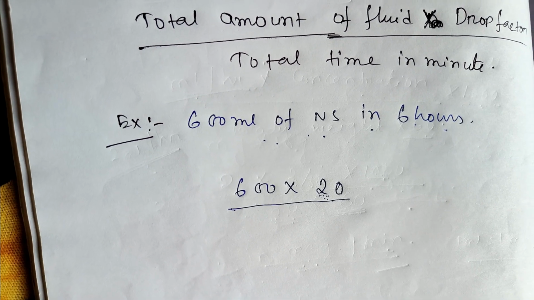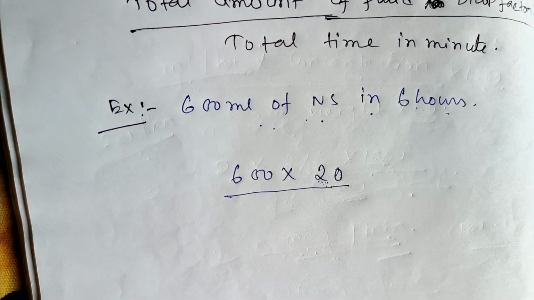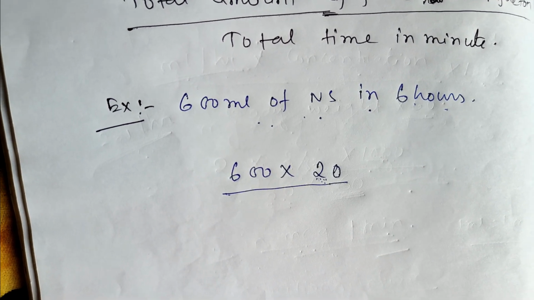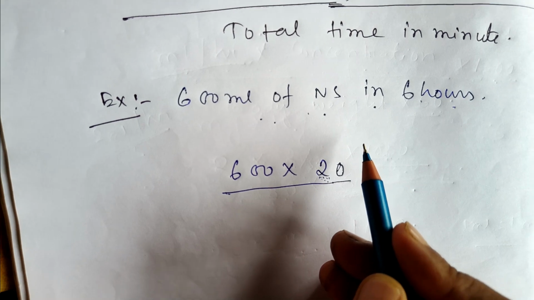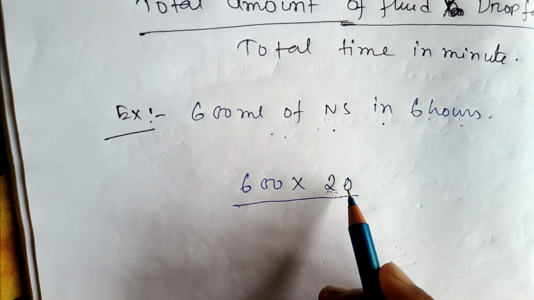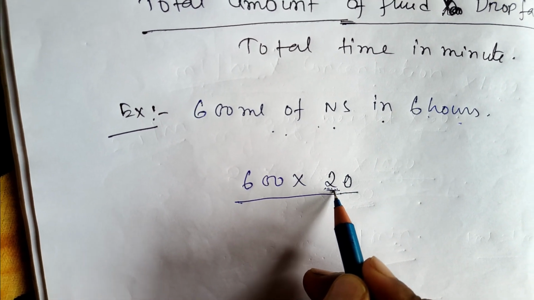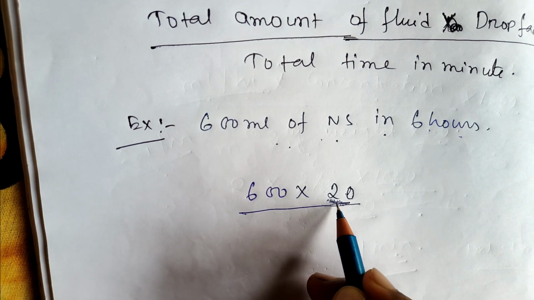And the pediatric drip set is called the micro drip set. In that case the drop factor is 60. So if we use the micro drip set, the drop factor will be 60. If we use the macro drip set, we use the drop factor 20,